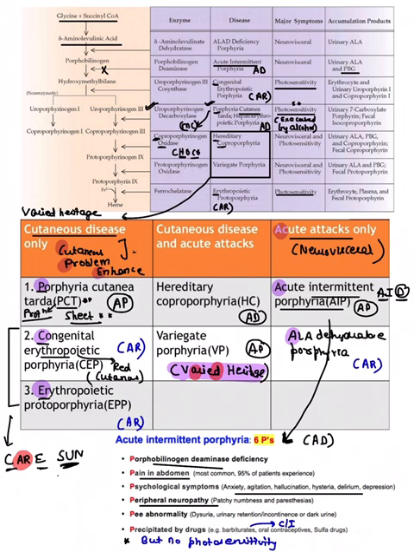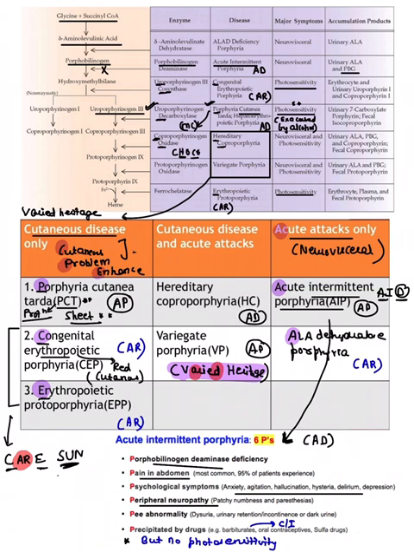ALA dehydratase, and this will form porphobilinogen. Porphobilinogen in the presence of porphobilinogen deaminase will form hydroxymethylbilane. This hydroxymethylbilane gets converted into uroporphyrinogen 3 in the presence of uroporphyrinogen 3 cosynthase. You study, guys, then you know that uroporphyrinogen decarboxylase